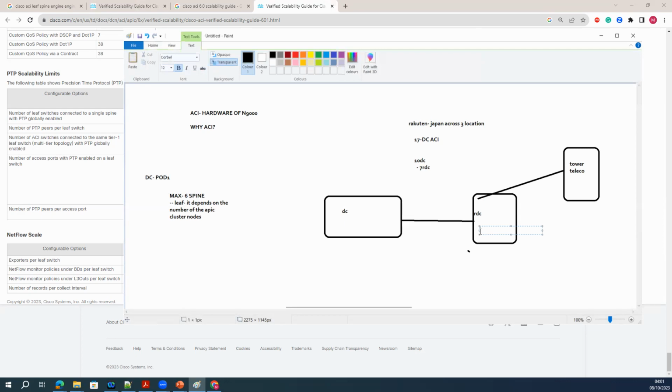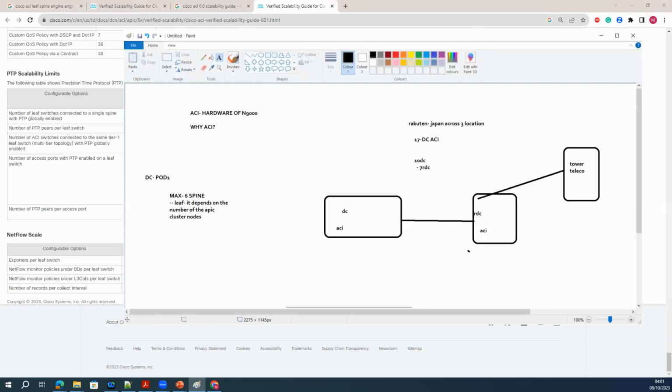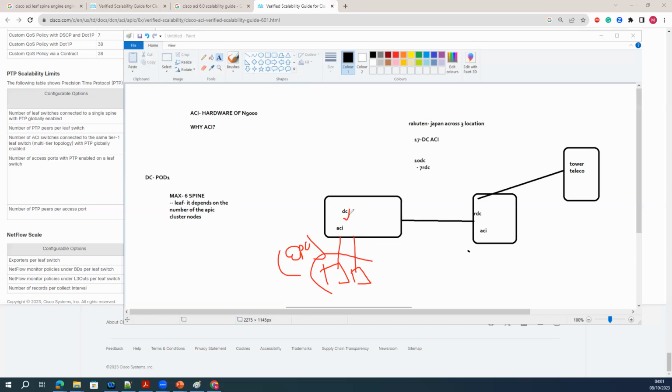Cisco sold them as the ACI solution for here also and for here also. Here they have a bunch of servers which are available, all the services, for example, EPC services and all other 5G services, they are running inside the data centers, and all the user traffic is coming from here, which is strange to see, to be honest, for me. But yeah, this is how Cisco have sold the solution.